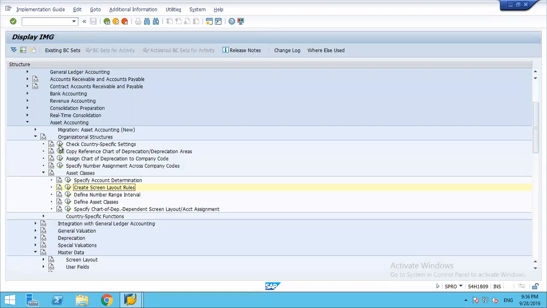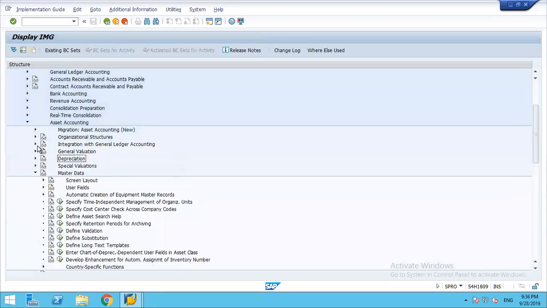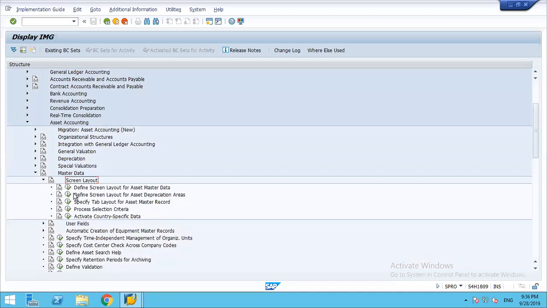Now the properties will come up over here, screen layout. Within this we have two types of screen layouts: screen layout for asset master, and screen layout for depreciation area. Before we get into this,